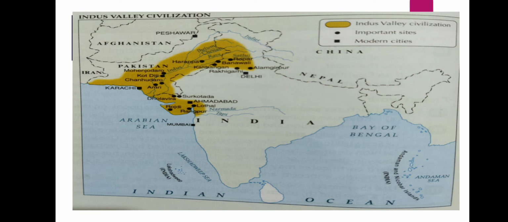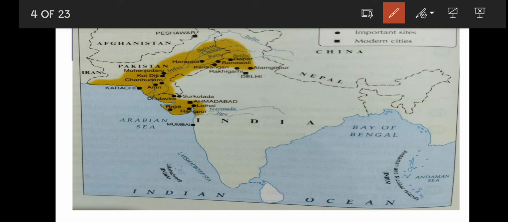You can see these places, for example, the first site, the main characteristic of the Harappan civilization. In this map, the area colored yellow represents the Indus Valley civilization, circle marks represent important sites of the Indus Valley civilization, and rectangular shapes represent modern sites on the map. Can you see this one? This is also called Harappa, Ropar, Banawali and Kalibangan.